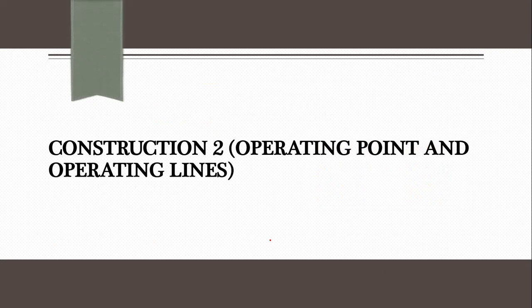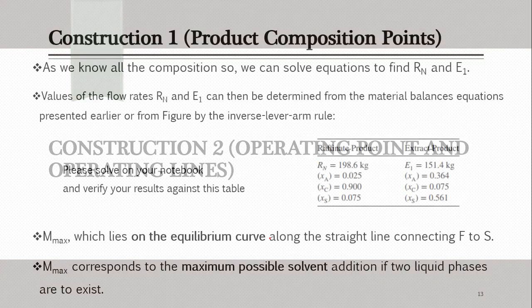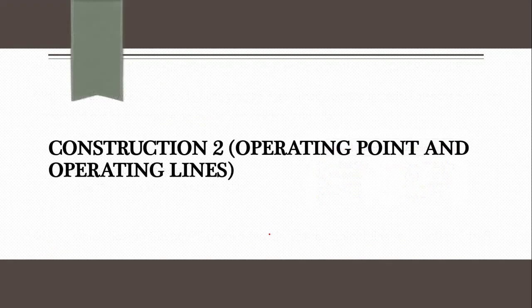So up to here I have explained only the first step, meaning to construct, or to find, the product composition. In a multi-stage system, you have to look for the product composition, meaning the raffinate composition, the exact composition of all components. Maybe one component can be given, but you have to locate the other component, as well as the extract; in this system this is what you are supposed to do. So the next step is about the operating point or operating line.